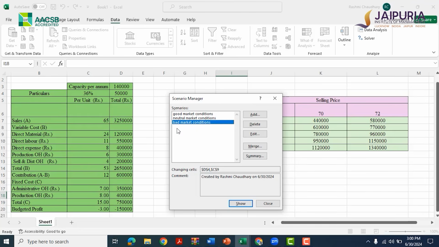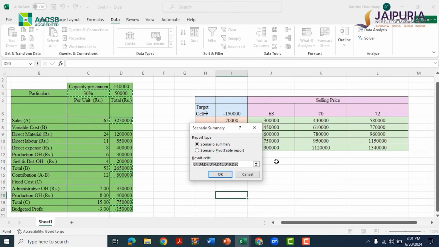So if we want to see the summary of all the scenarios, let's press on summary. If you need to see the scenario summary, you can see the scenario summary. If you need to see the pivot table report, you can click here. At present, we are seeing the summary, so we are selecting the scenario summary, and further whatever cells you want to select in the summary sheet, you can select those cells. So say, suppose you want to see the